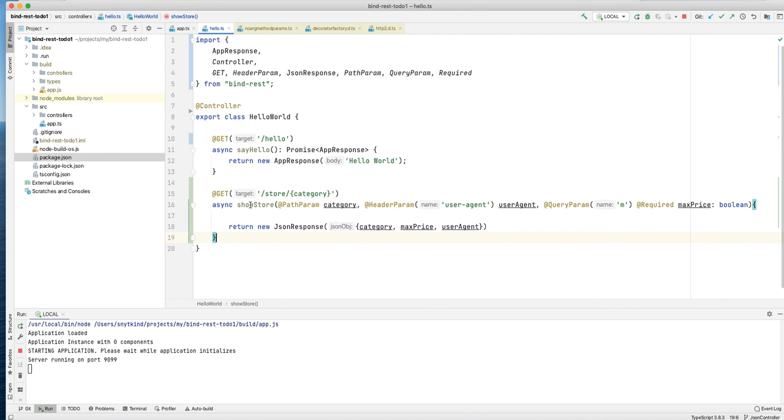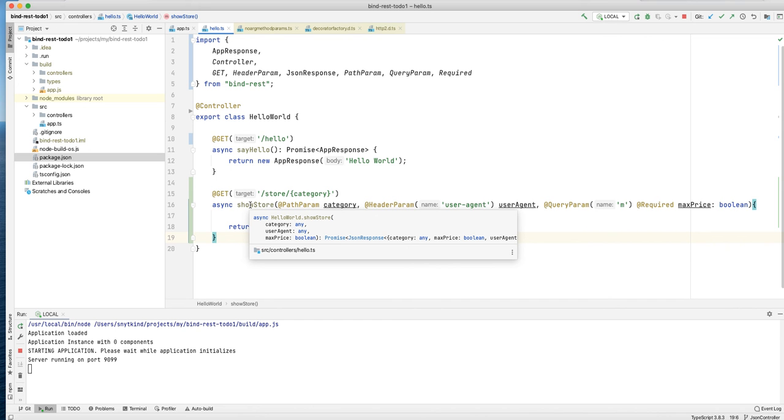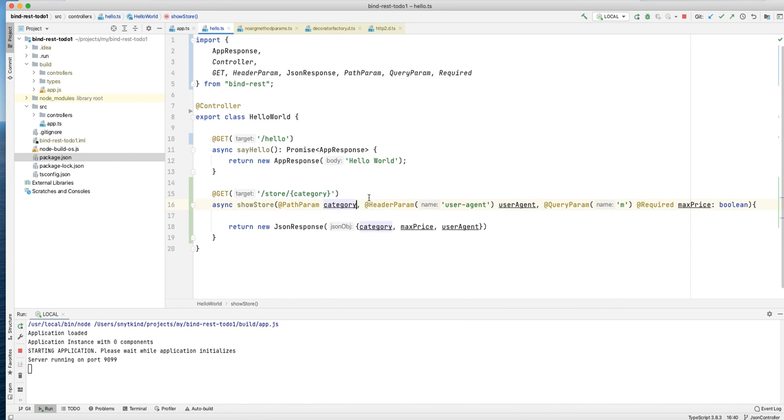If we hover over here, you can see that the return value is promise of JSON response. But then it actually goes further than that. It's not only going to say it's a JSON response, but it actually gives us a type of JSON response. It knows that max price is going to be Boolean, and here the category, it says any type, which we can fix,